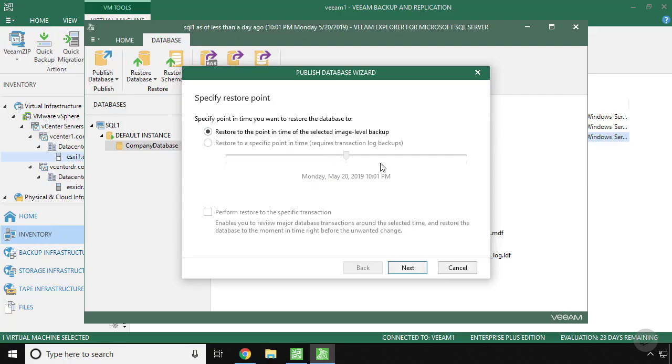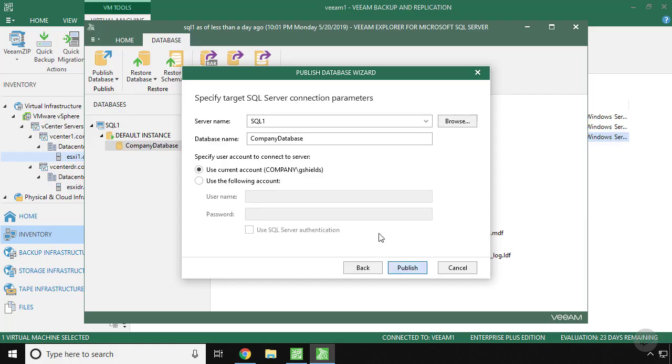If I had enabled transaction log backups, which I didn't on that SQL Server, probably should have, then I could restore to a specific point in time. But let's restore here to wherever we exist there, the image level backup. I'll choose next down here. And then for this, I'll choose SQL 1 as the server name onto which I want to publish the database. Let me change the database name I'm recovering here to recovered so it doesn't collide with the one that's currently